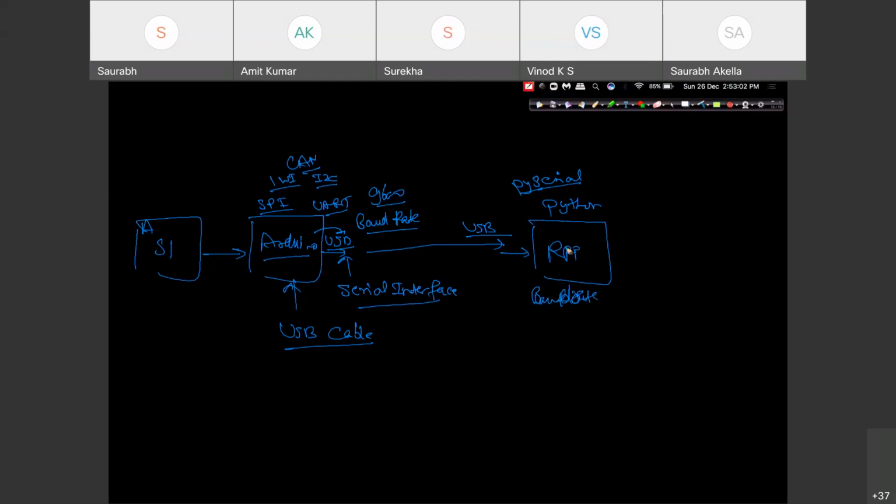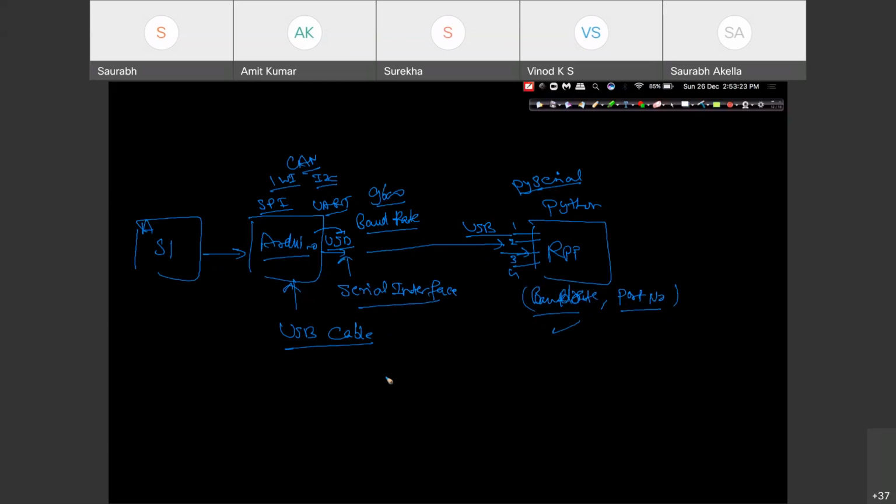Also, because in Raspberry Pi there could be 4 USB ports, USB number 1, 2, 3, and 4, on whichever USB port you have connected this cable, you have to select that port number, right? So with the baud rate and the port number, you'll be able to receive the same data.